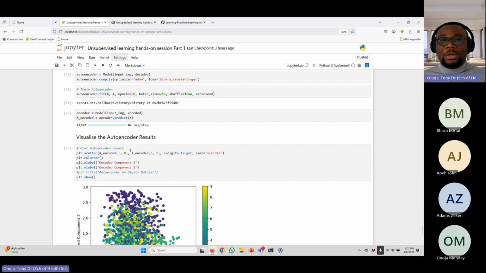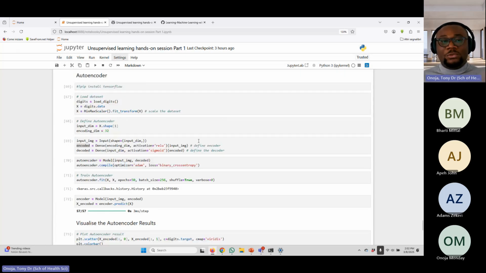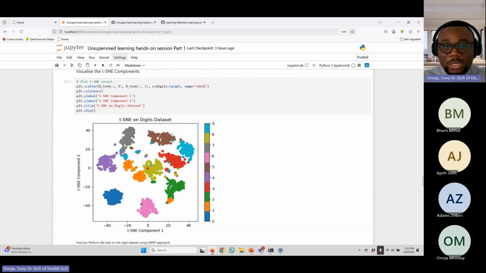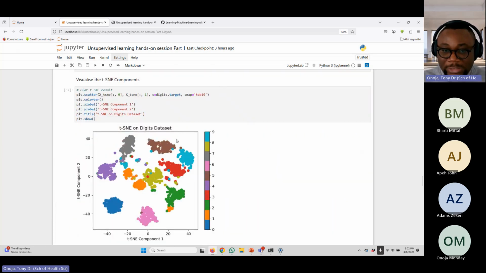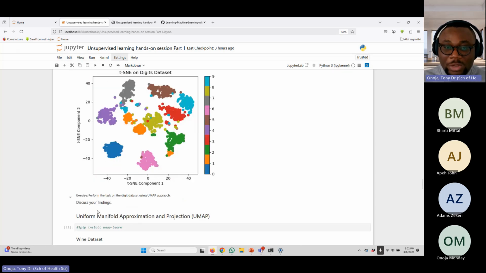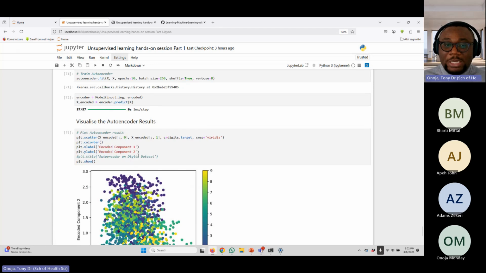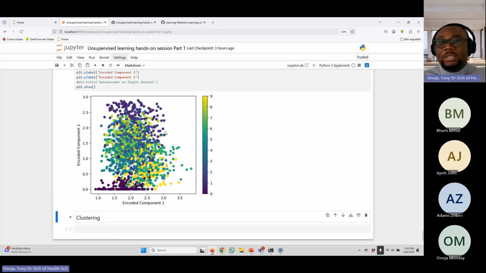So it's the same approach that we used for the other ones. But you could clearly see that, in this whole thing, I actually like the way tSNE did with the dataset. I don't know how UMAP is going to look, but I think tSNE did a very good job compared to PCA and the autoencoder. So again, it depends on which of them you prefer. So I think for this is where we're going to